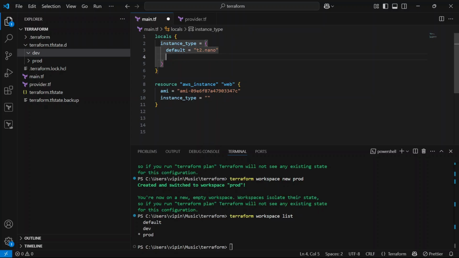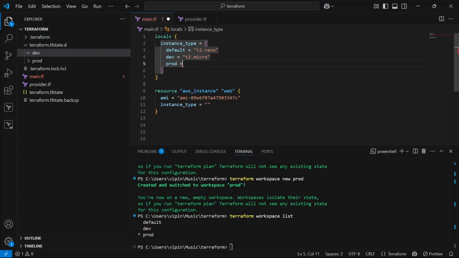And if we have the dev workspace, we want EC2 instance type T2.micro. And if our workspace is prod, we want the instance type to be T2.medium.